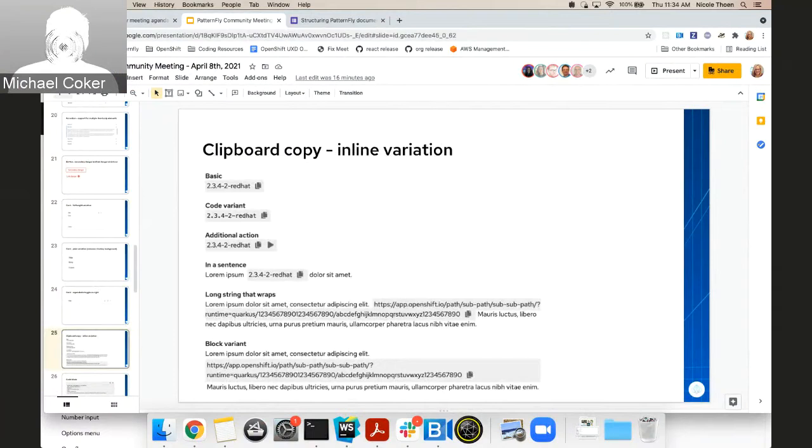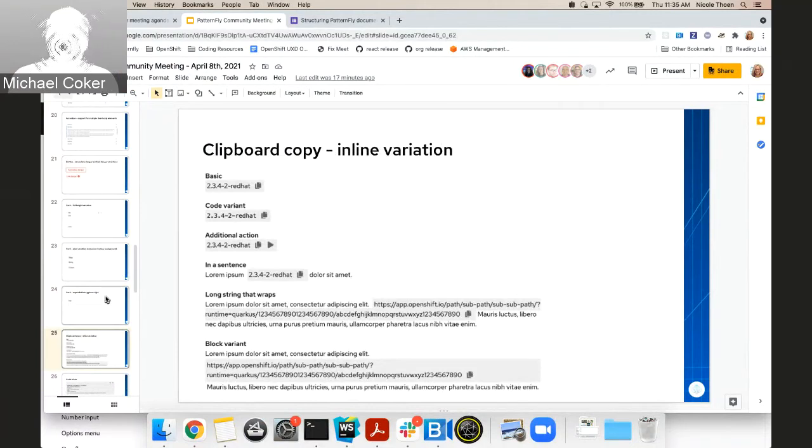And this great new addition to the Clipboard copy component, and it's basically just an inline variation that has a couple of variants of it. And so this is for inline text. Instead of having a big block type of layout, you can place text and a copy action, and then additional actions if you wanted to associated with that. And so here are a few examples. You can use it on its own in a sentence. The text will wrap just like regular inline text. You can see that there.